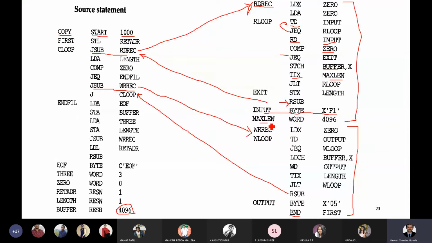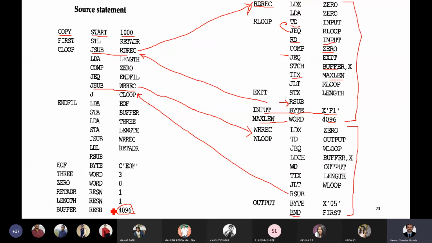For the max length, we have initialized the value as 4096, thinking that the maximum number of characters you'll be trying to read is 4096 characters. I repeat, 4096 bytes of characters, because you'll be reading 4096 characters, so you initialize the max length with 4096. My dear students, don't get confused. This 4096 with the buffer is a memory space allocation, reserved bytes, where you will be putting the characters whatever you read. Whereas this max length is how many characters you want to read. So only it is declared with the max length word 4096.